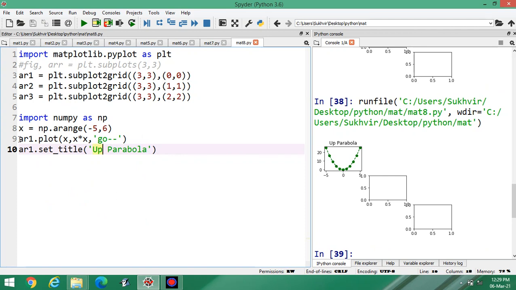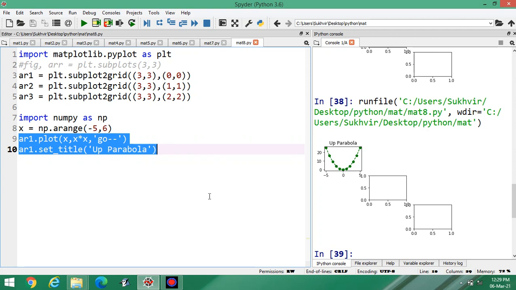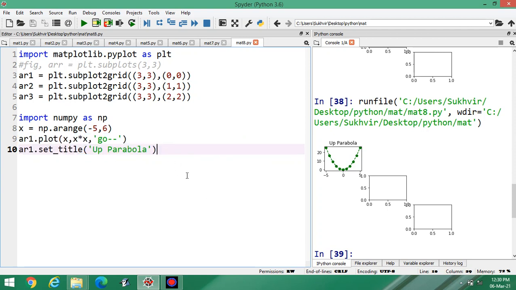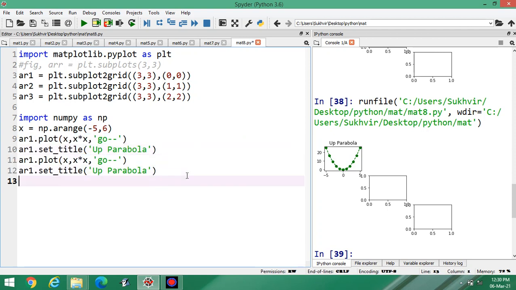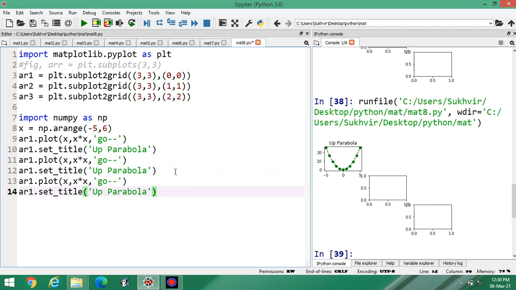Similarly, I can design other contents. Suppose I am writing here y = 7x + 11, that the color is blue.